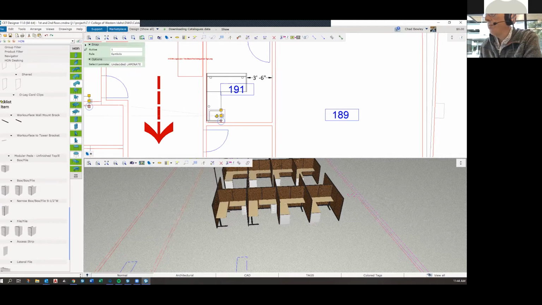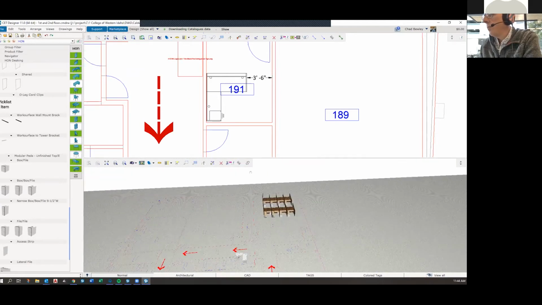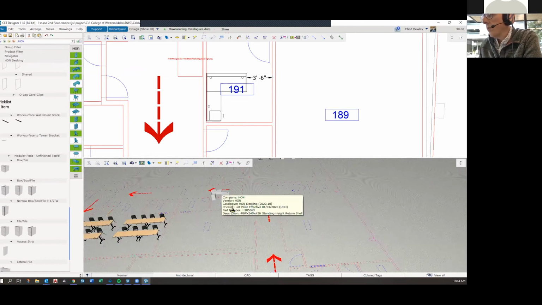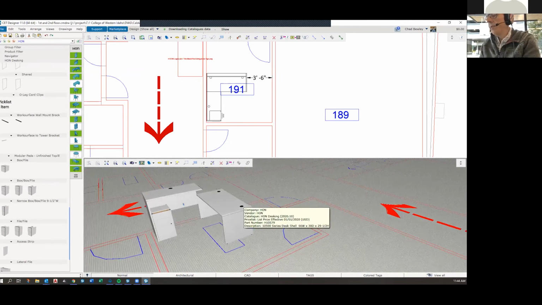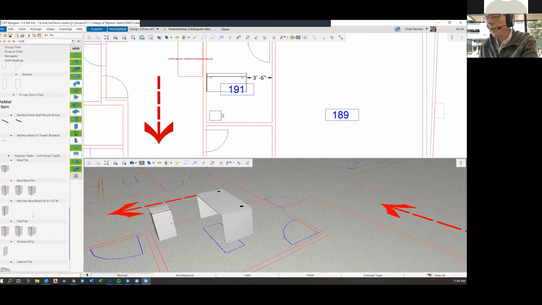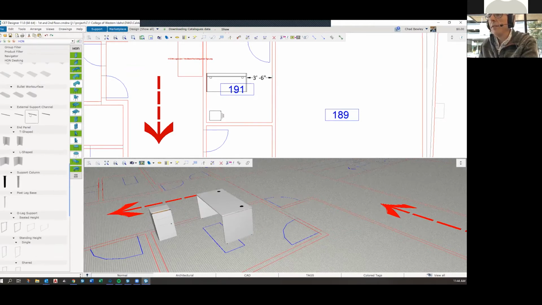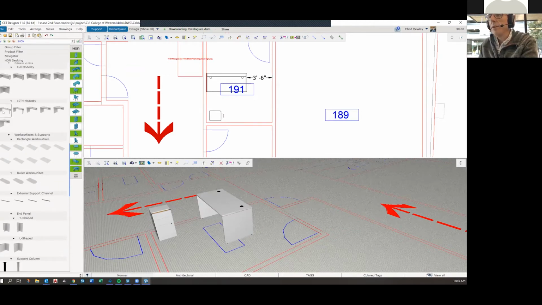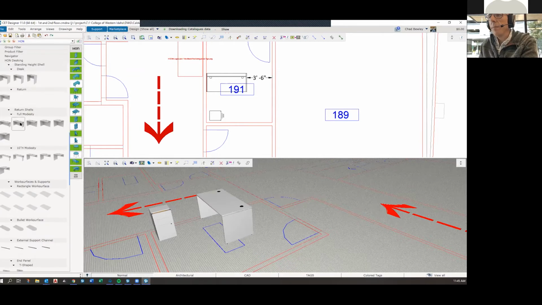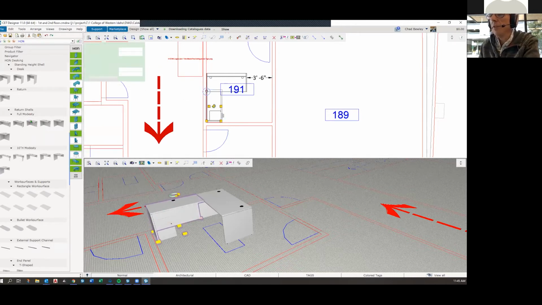Plop in a ped. Oh, and then I realized I put in a standing height return, so go back and fix that. I do a lot of waiting for the pop-up things to tell me what size that is. So when it doesn't work and I have to click off and hover again,